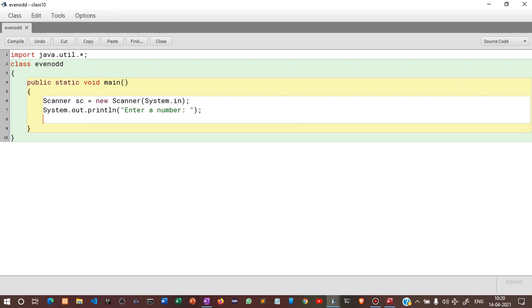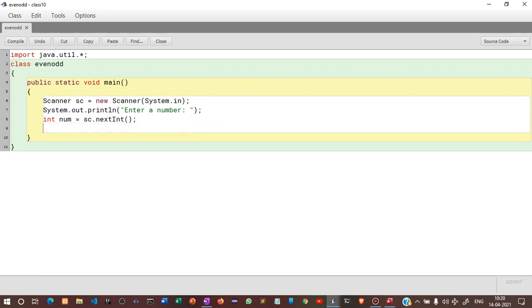So we will write a variable, suppose int num as number equals sc.nextInt(). So sc.nextInt will allow you to enter the data inside the number variable. Then we will write if, num, then we will use the mod operator.